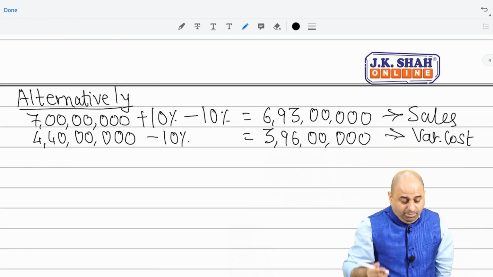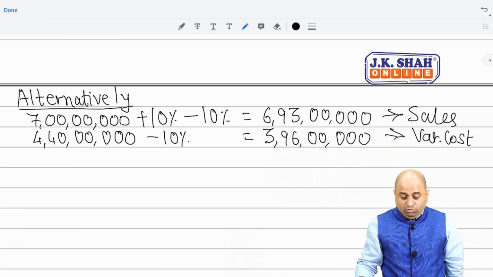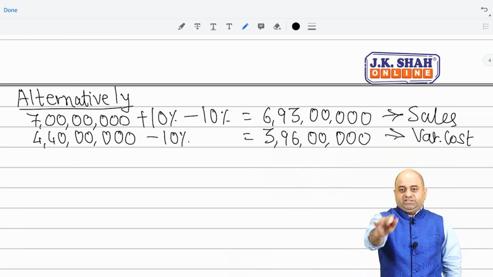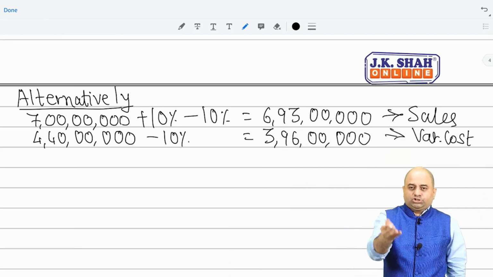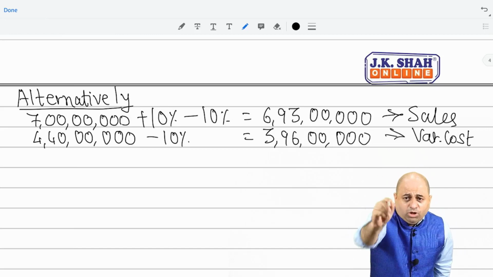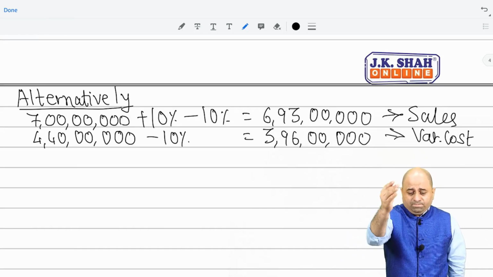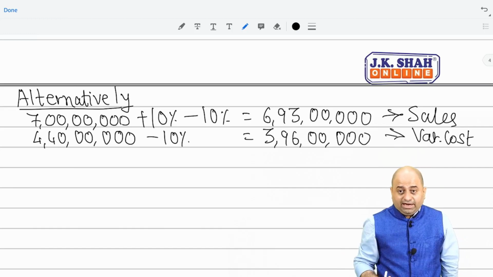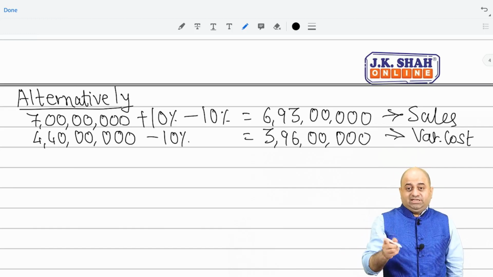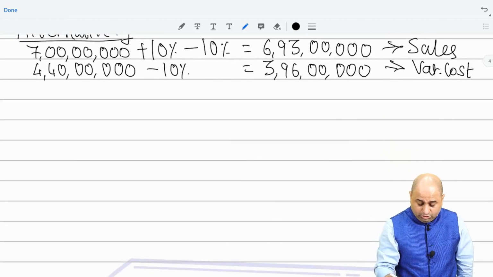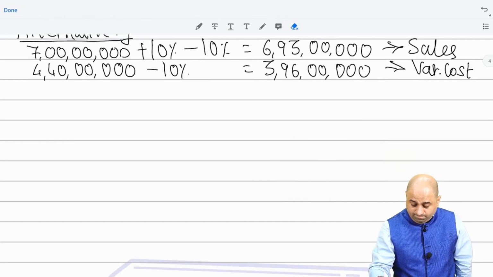And the second part says: volume to be achieved to maintain original profit after 10% rise in material cost. So the only change that will take place here is that material cost will change. You increase that, but again per unit cost changes, and other calculations will follow accordingly. Don't forget, you are asked the original budgeted selling price per unit. Let us try to solve that as well first. So part 2,